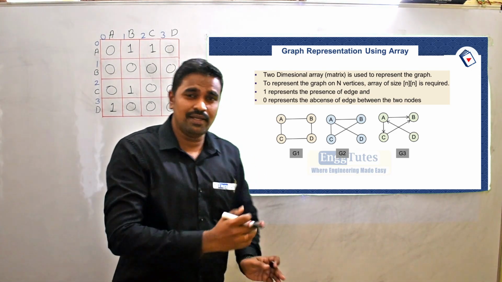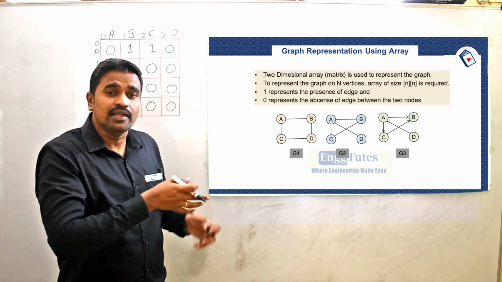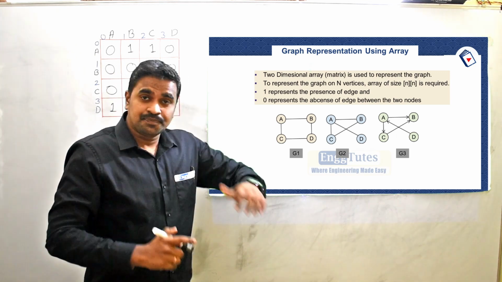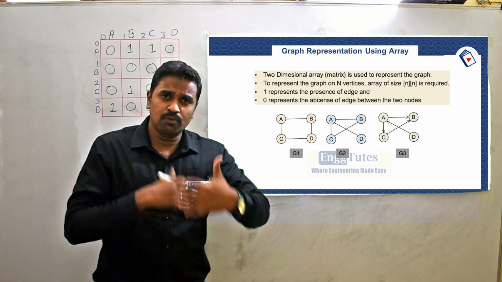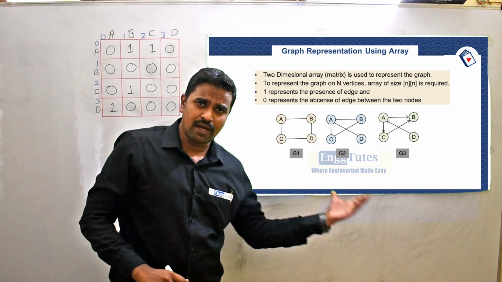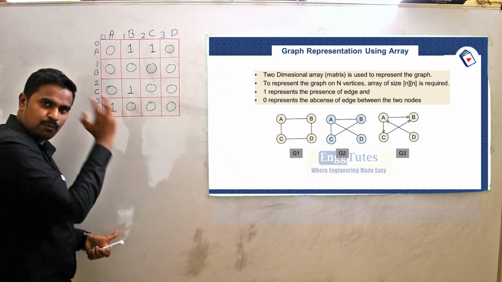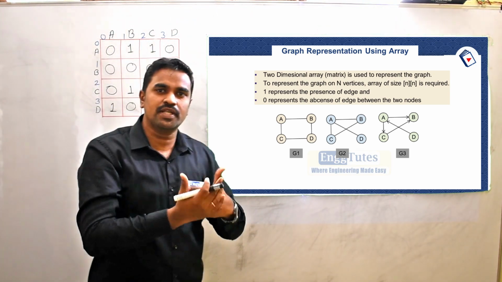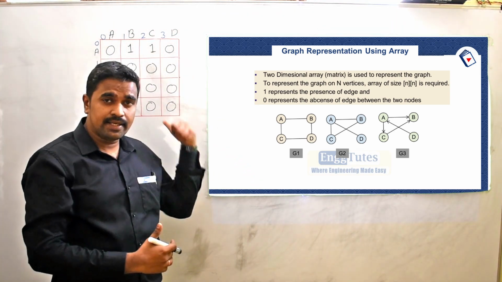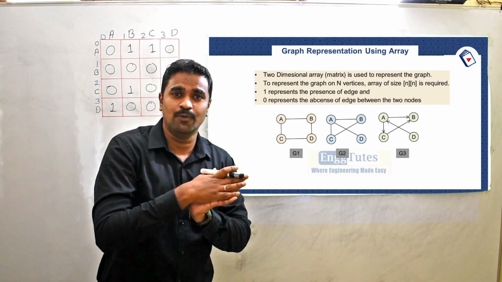Very small concept था लेकिन बहुत important है. Important इसलिए है क्योंकि in the C language or in any programming language, while coding for a graph, we are taking the reference from this concept. So with the help of this concept, we are going to perform operations on a graph. So this array representation of a graph is very much important.